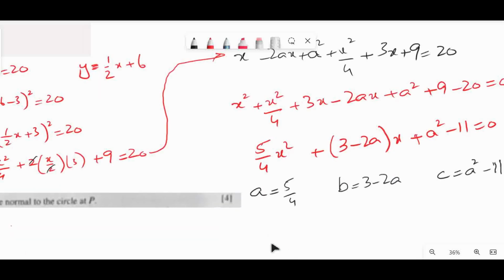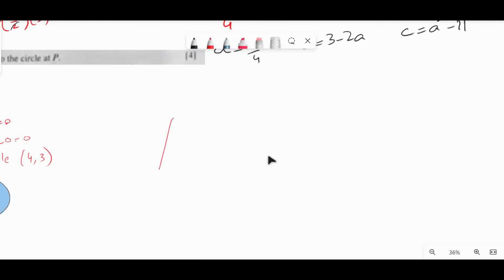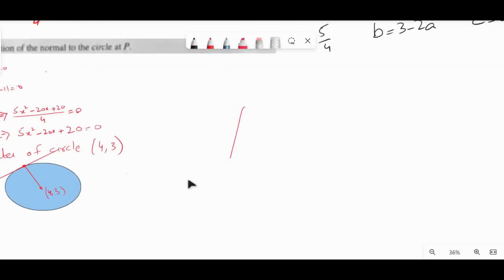So if the equation of the tangent line is y equals 1 by 2x plus c, it shows that the equation of the normal line will be